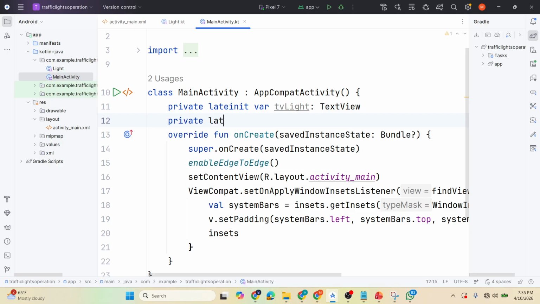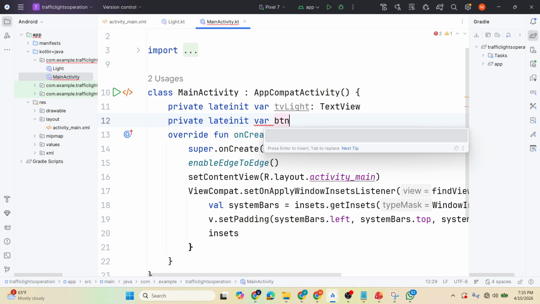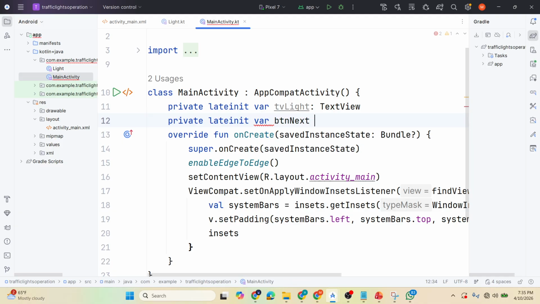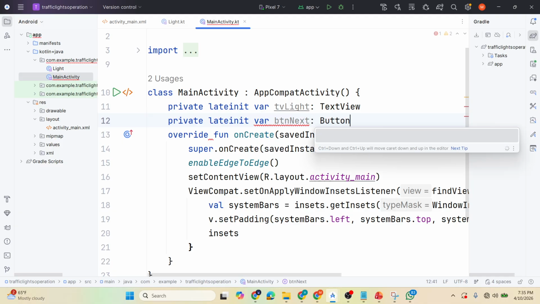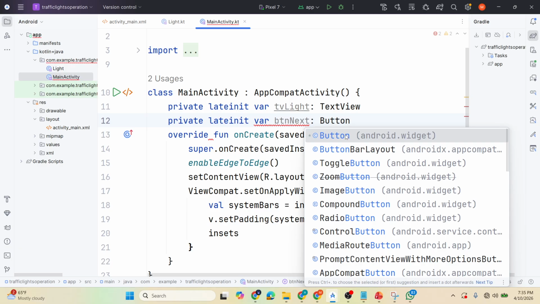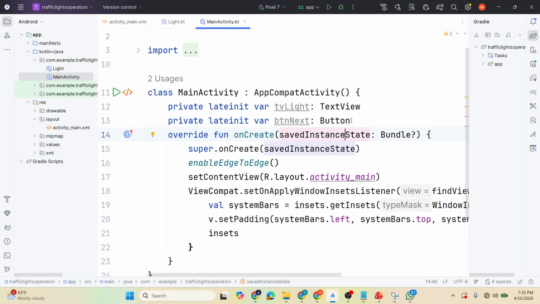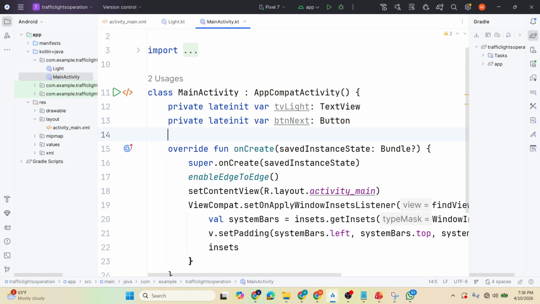So private lateinit button next button. So we created the text view and the button,